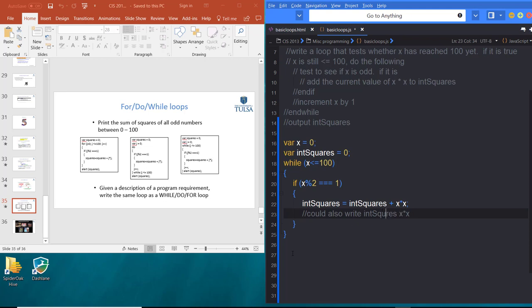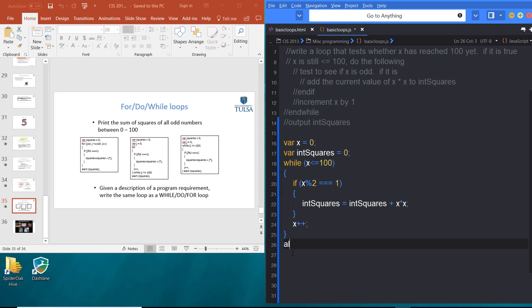That's why you have to be careful with the whole operator equals thing, because yes, you can do it. You just have to make sure you understand what you're doing. And so the question in this case is, can we write it that way? The answer is no. If you were adding it, yeah, sure, you could do that, but we're not going to do that. So again, we've added our x times x, the square, to int squares,